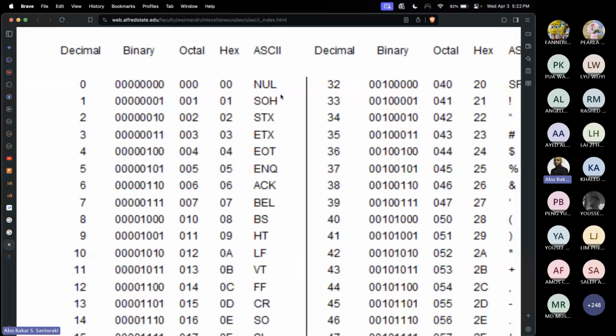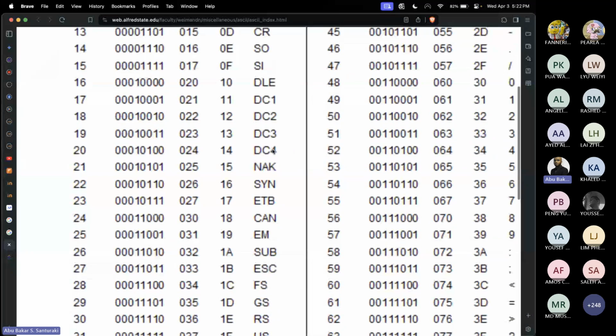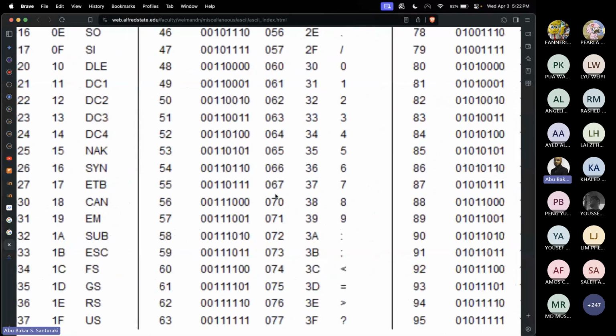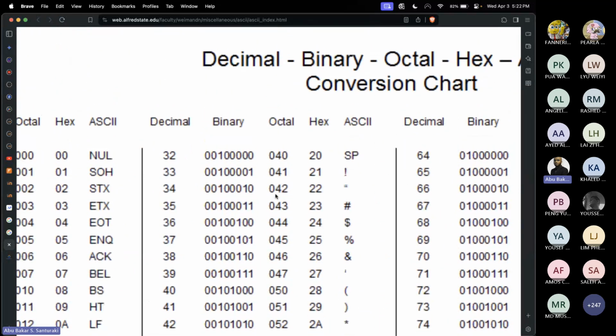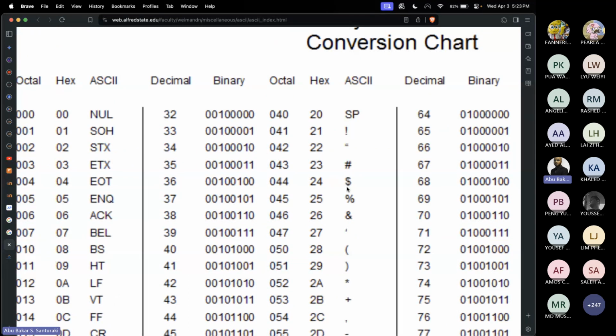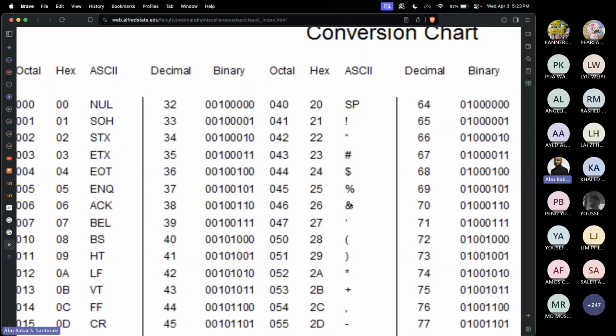If you look here, we start with a bunch of special characters that may not make immediate sense to us. These are all special characters that the computer understands. When we slide over to the side, we begin to see characters that we're more familiar with. You can start seeing characters of the keyboard, the $ sign, the percent, and so on. So it means on your keyboard, if you type the $ sign, the binary value that is stored is 00100100. So in order to store one single character, you need 1, 2, 3, 4, 5, 6, 7, 8 bits